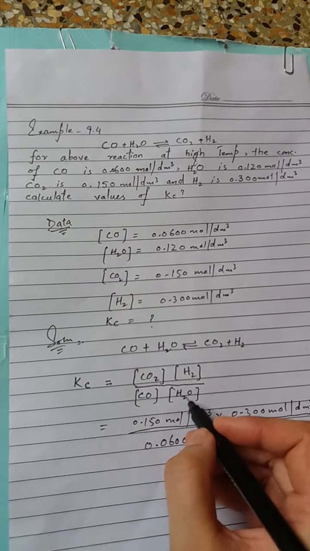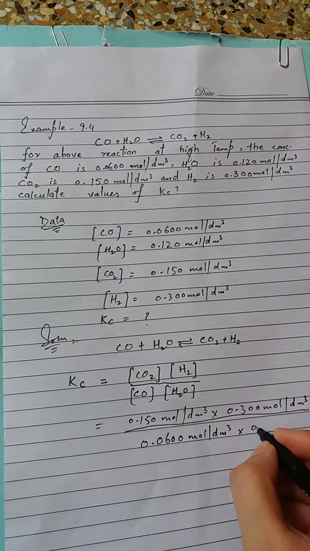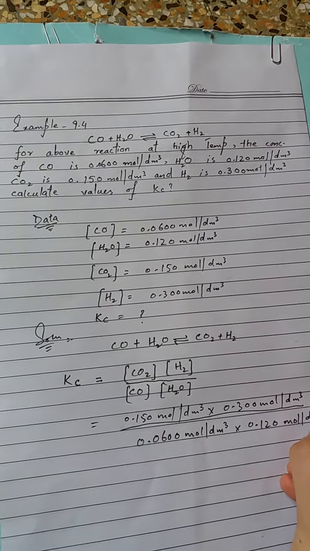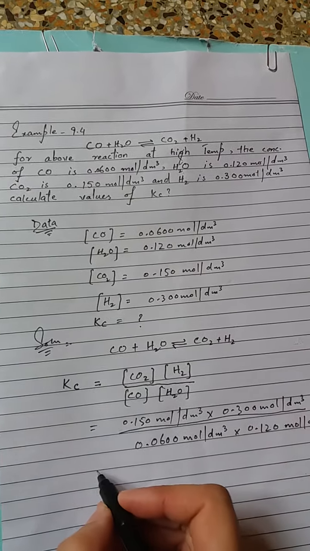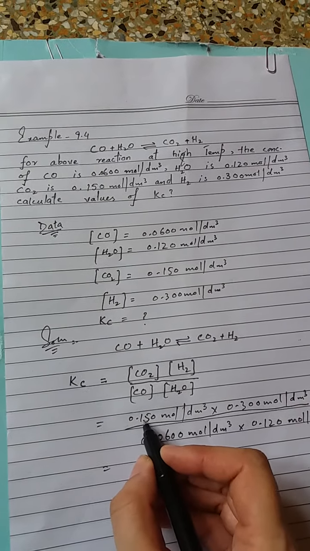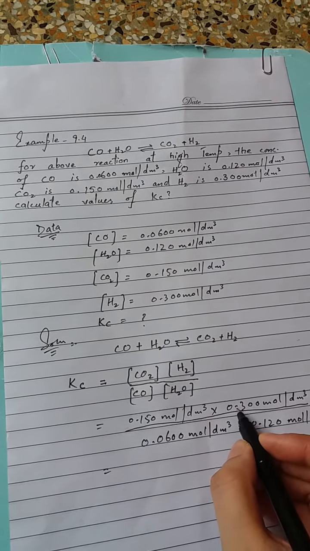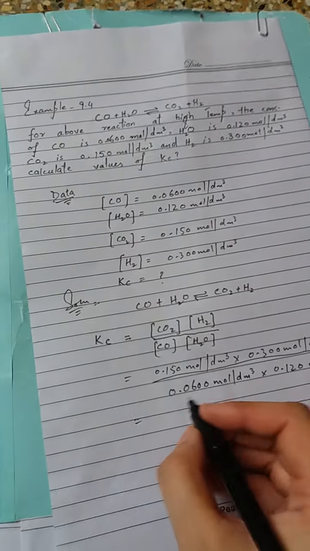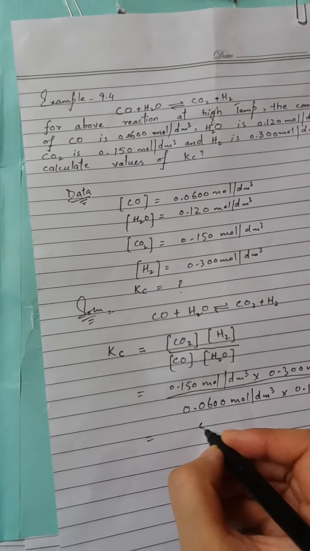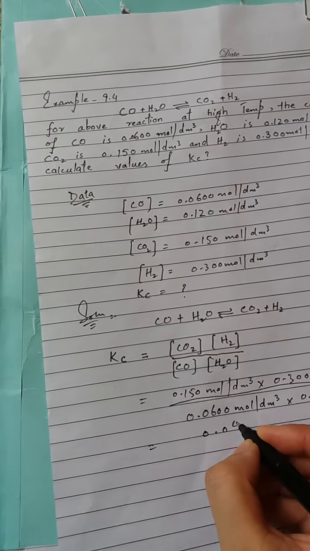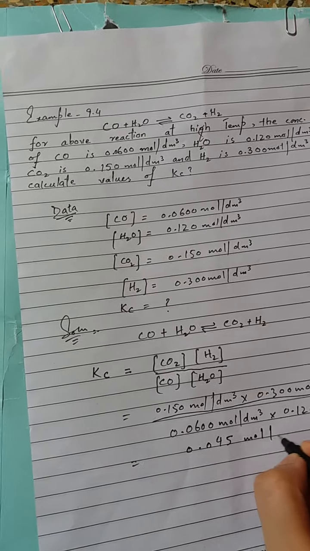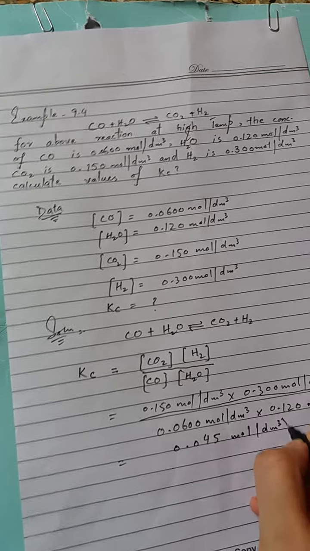Similarly, concentration of H2O is 0.120 mole per decimeter cube. Now we multiply 0.150 into 0.300, so we have the value 0.045 mole per decimeter cube whole square,